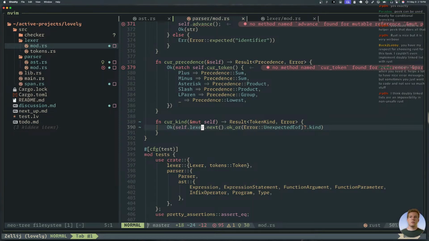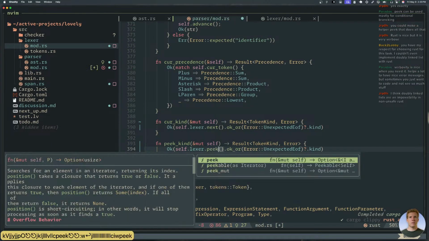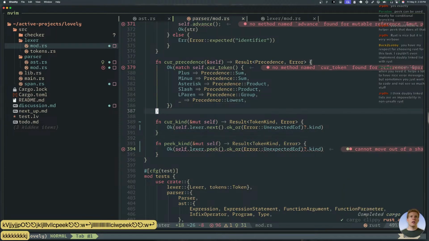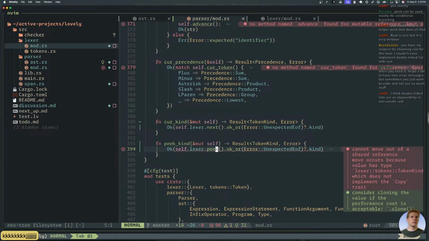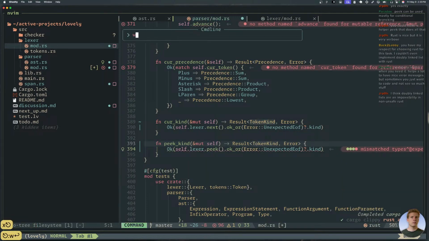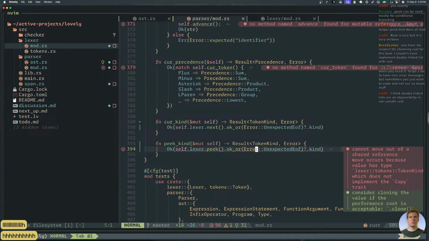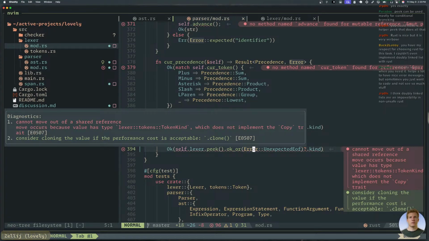Okay, let's do, oh yeah, peek kind, right? Peek kind, same thing, but we peek. Token kind can probably implement the copy trait. No? Oh no, because that has strings.